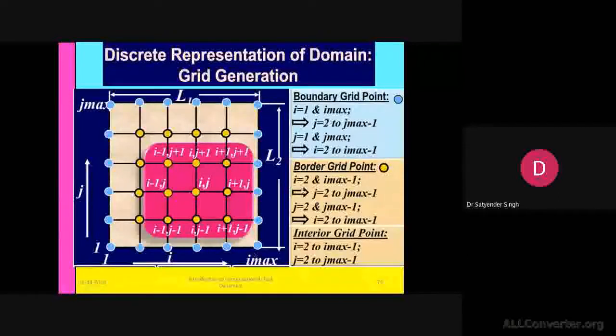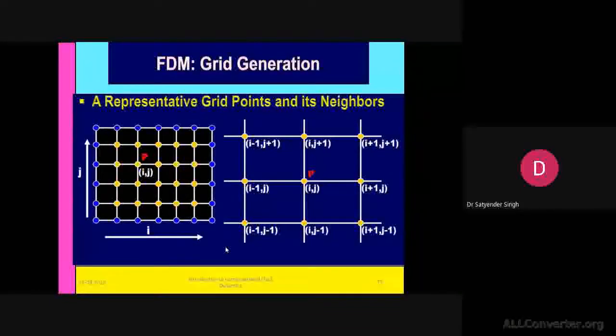So this grid location can be represented like this. For the boundary grid nodes in the x direction, it will be I from 1 to Imax. In the y direction, it will be J from 1 to Jmax. For this one, if you want to call it, then it will be Jmax minus 1. For this one, it will be Imax minus 1. So this is the representation to call a particular coordinate for a grid location, and it is very important to recognize for the development of your code.